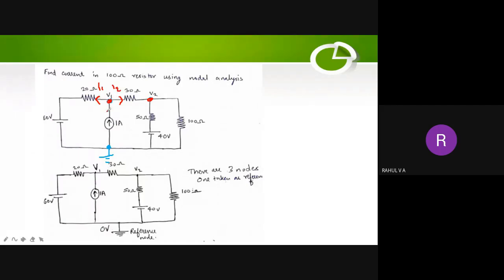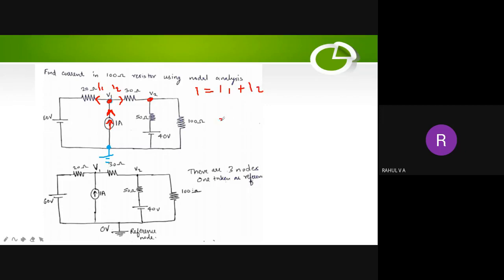But while going for I3, I cannot mark it as leaving away from the node, because there is a current source. The direction of the current source indicates that it is into the node. So you have to take the same direction, into the node. So this is our equation as per Kirchhoff's current law: sum of current entering the node is equal to sum of current leaving the node. Sum of current entering the node is 1 ampere. Sum of current leaving the node is I1 plus I2. So I can write 1 ampere is equal to I1 plus I2.